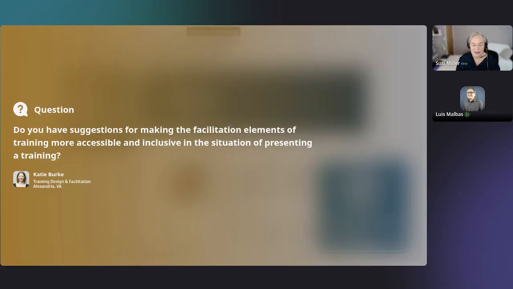Do you have suggestions for making the facilitation elements of training more accessible and inclusive in the situation of presenting a training? Yeah, so I think that's a whole different something that maybe is my second book that I'm working on, but also a whole new kind of presentation. One of the things I have found incredibly useful is if you follow accessibility experts and advocates on social media,